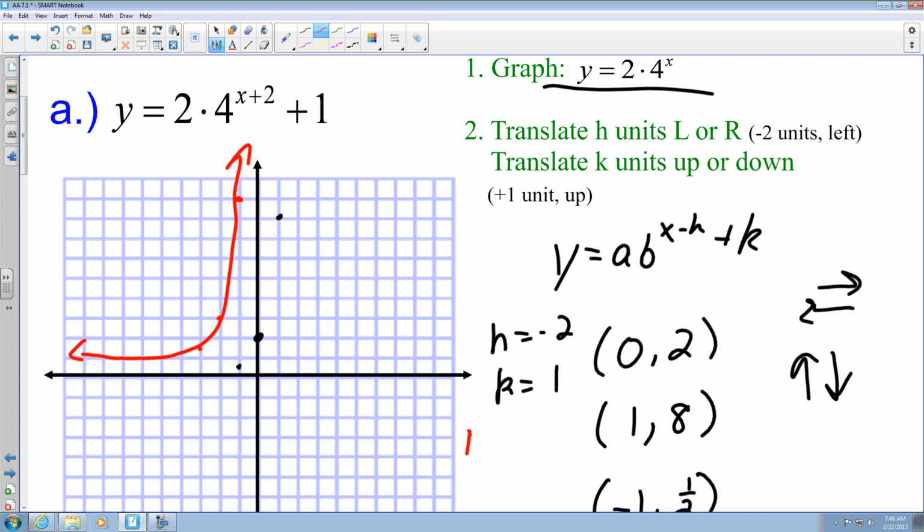And if I had a domain and range, my domain would still be all real numbers, and my range would be y has to be greater than 1. And your value of k will help you determine what that range will be. All right,